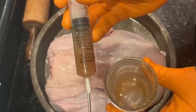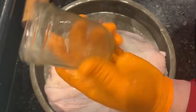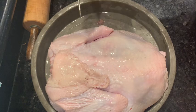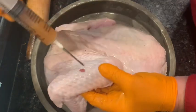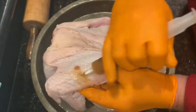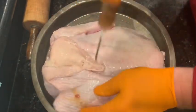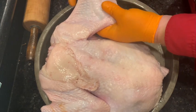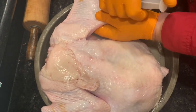All right, I just filled my syringe for the wings. That's all I got left in the jar. Yeah, I guessed pretty right, didn't I? I did well. You know why? I like to cook turkeys. In one wing, boom, and then the other way, boom. Same way in this wing. Boom,